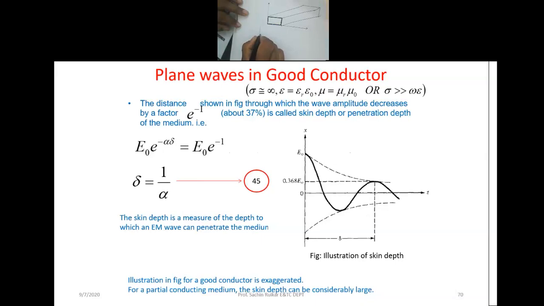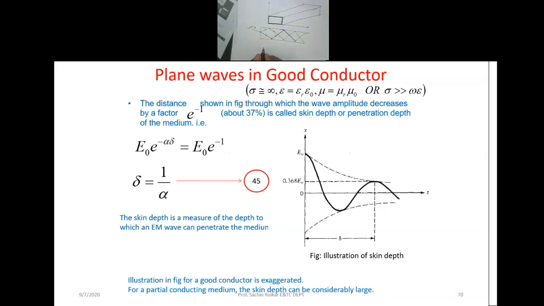Now the wave is propagating. I am just writing the wave here. I think you people have learned somewhere earlier in optics. There it was a ray. Now here it is not a ray, it is a wave that is propagating. This is the direction. When it reaches the conducting walls of the waveguide, it is reflected back. Again it reaches the conducting wall here, it is reflected back. It means the wave is propagating through the waveguide by total reflection.